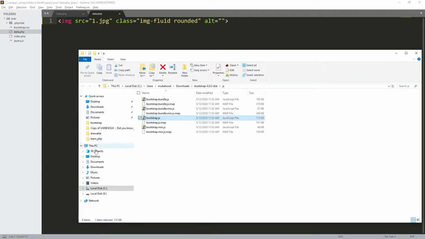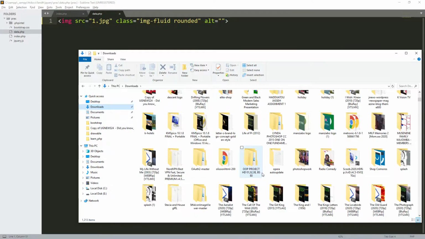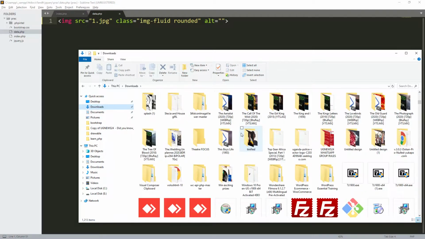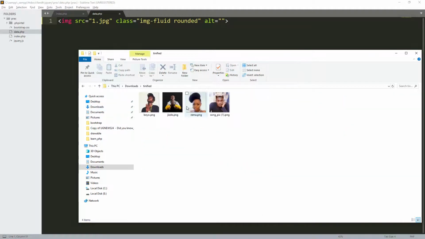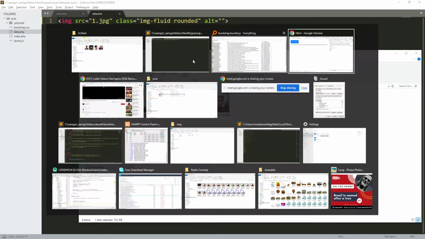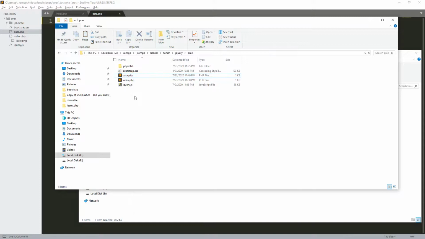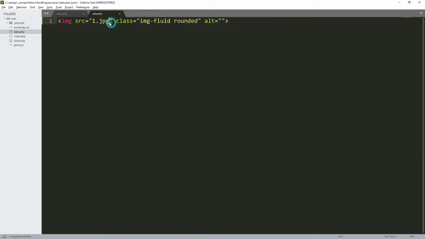Let me get here some image in downloads. I just put here Jesus.church.